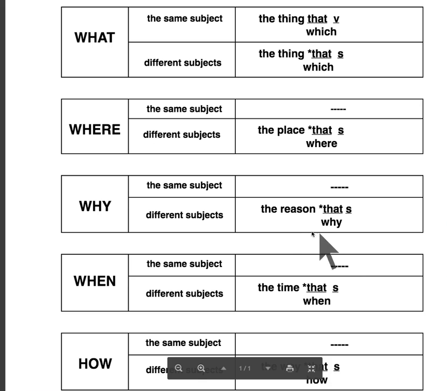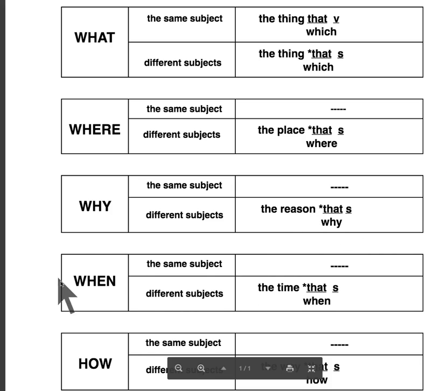With why, we learn this when we learn because. The reason that I like him. The reason that he decided to go. The reason why she asked me where I was going. These are optional, but when we learned how to respond to questions with why in a previous lesson, why did you go there? The reason I went there is to meet her. So this should be a lot easier for people.